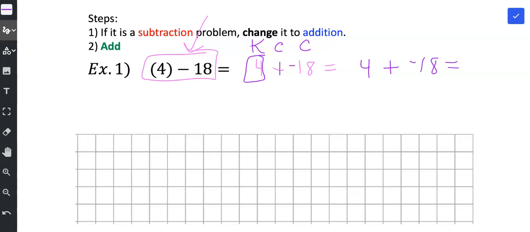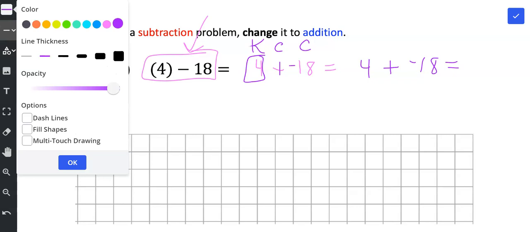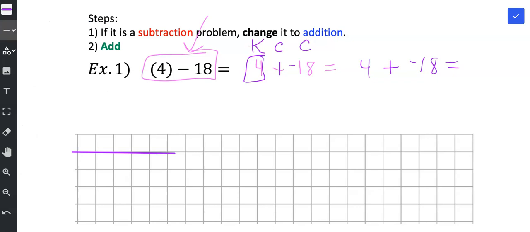I'm going to start by using my number line to add these two numbers together. So I'm going to go over here and grab the line tool, and then I'm going to make this just a little bit thicker. And then I'm going to try to trace one of the gray lines on this graph paper. I'm using graph paper because when you take the EOG, you will have graph paper. And you're going to see problems like this where they give you the problem 4 minus 18, but they don't give you a number line. So you're going to have to create your own number line, and you can do that more easily using the